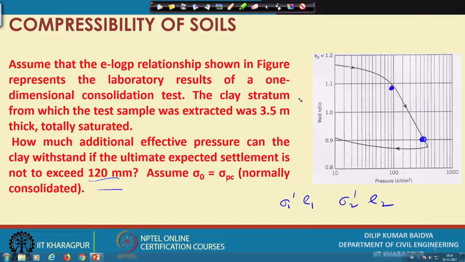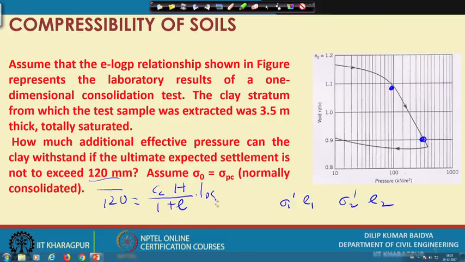By that I can find out the value of C c. Once you get the C c, I can again apply the formula similarly, that delta is actually 120 maximum and C c is known, H also known 3.5 meter, by 1 plus e I can find out from here, and